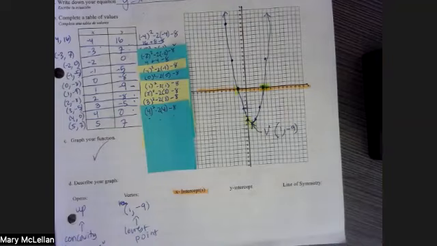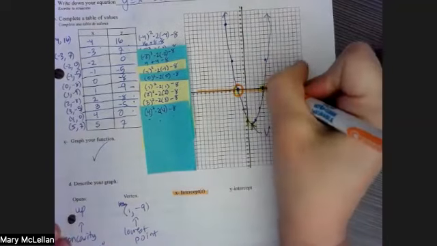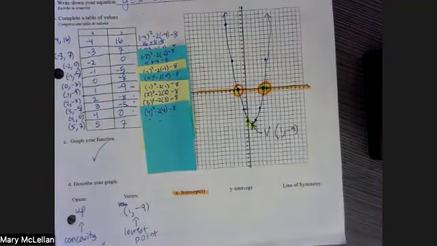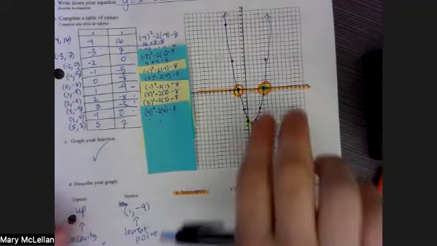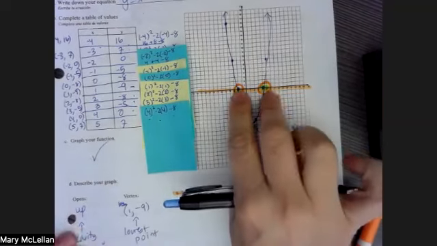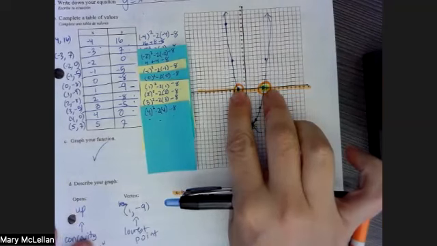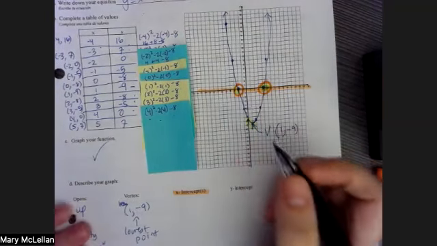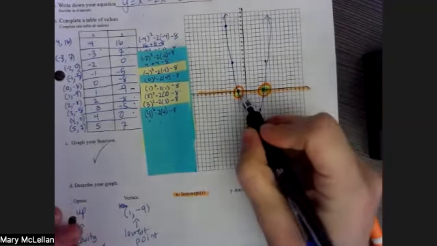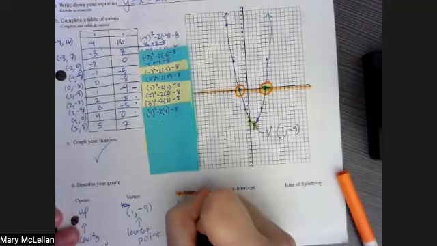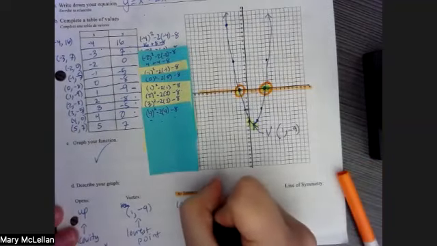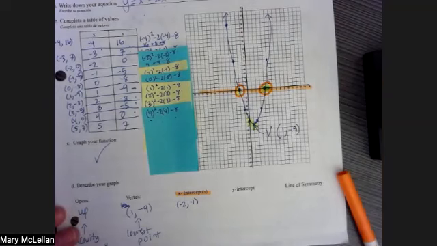So we have one right here and another right here. Our x-intercepts are these 2 points. For parabolas, there can be 2 x-intercepts, 1 x-intercept, or no x-intercepts. Okay, so I've got an x-intercept at (-2, -1), and I have an x-intercept at